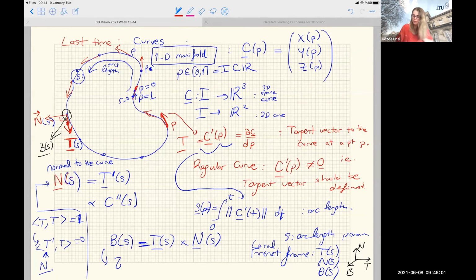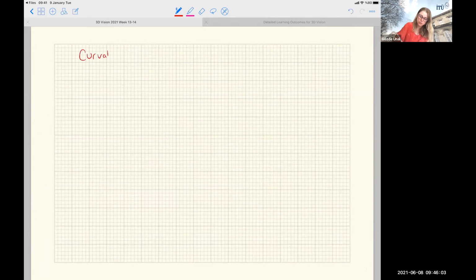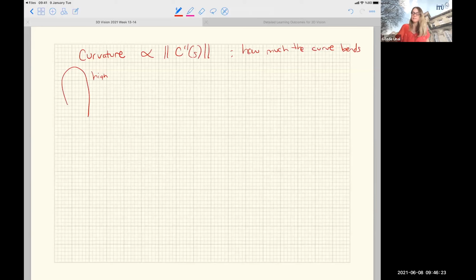So maybe let's do that here. Curvature of the curve. Remember, this is, for instance, a high curvature, right? And this was proportional to the second derivative of the curve. This tells us how much the curve bends. So these are characteristics of a curve. This is high curvature. This is low curvature, right? Low curvature. And it also depends on the speed, or the rate of change of the normal vector,